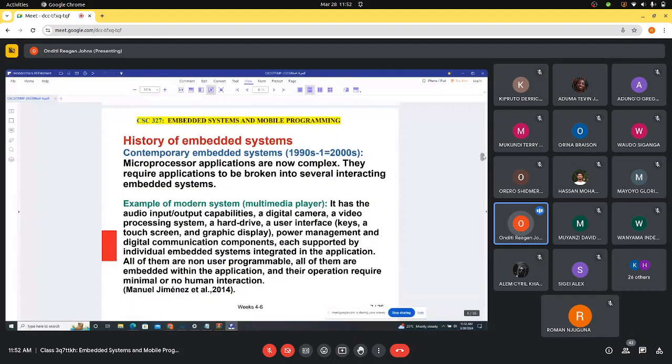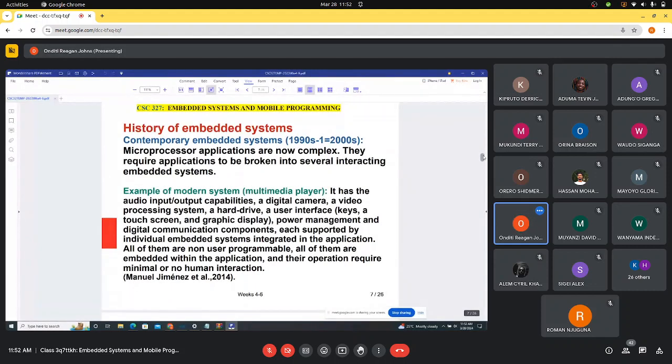So further in the 90s and 2000s, microprocessor applications became complex. They require applications to be broken into several interactive embedded systems. So in modern systems, the multimedia player has audio input and output capability, the digital camera, the video processing system, hard drive, user interface keys, touch screens, graphic displays, power management and digital communication components, each supported